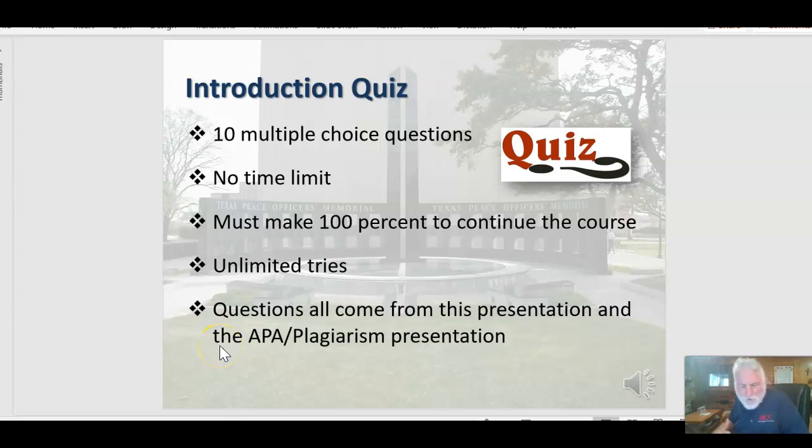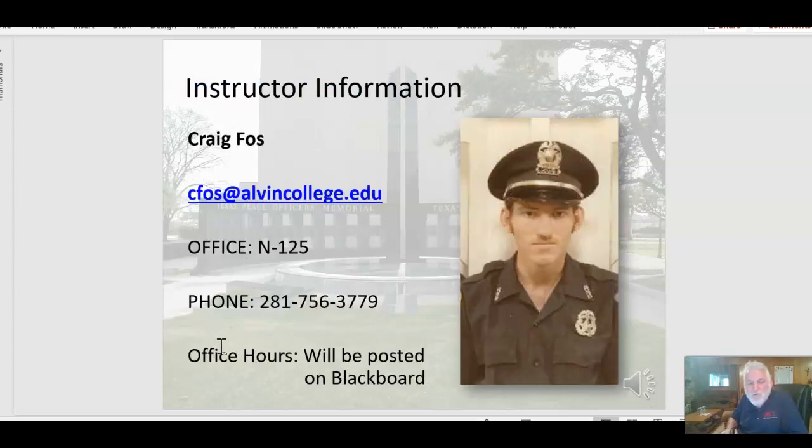Well, now I'm going to briefly talk about myself. If you don't know me, my name is Craig Foss. I'm the department chair for the Criminal Justice Department, a very small department as I'm the only full-time employee. I work very closely with the Police Academy staff, and they have 2 full-time employees, though right now one of those positions is open. So there's actually 3 of us working out of the same office that are here full-time. We've got part-time instructors mainly in the Police Academy, and I've got a couple part-time adjunct instructors in criminal justice.